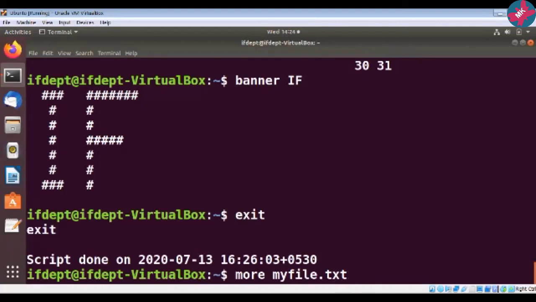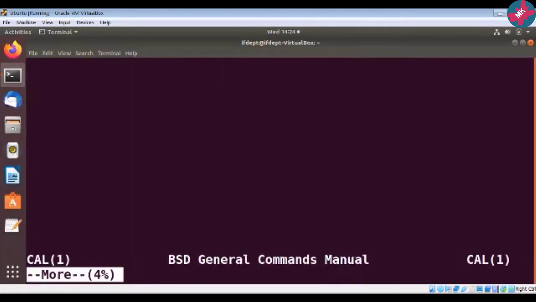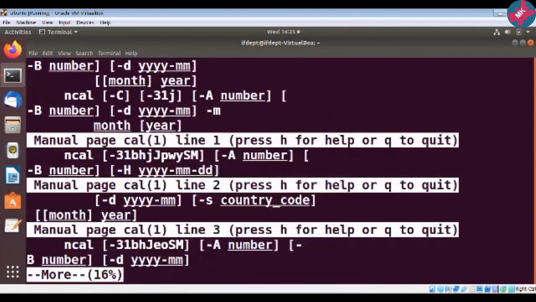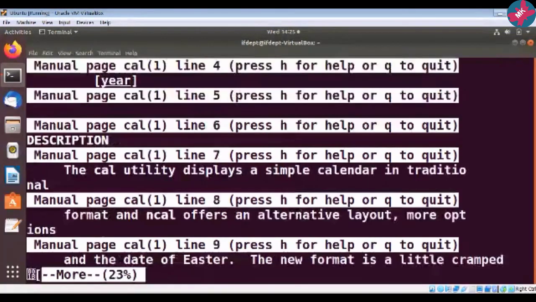Now let us observe what the output will be on this screen. Press enter here. See, currently it is only showing me 4% of the file. If I go on pressing the space bar, slowly, line by line, more lines will appear on my screen where I can easily read my large file. It is up to me, one by one I will read all these lines.